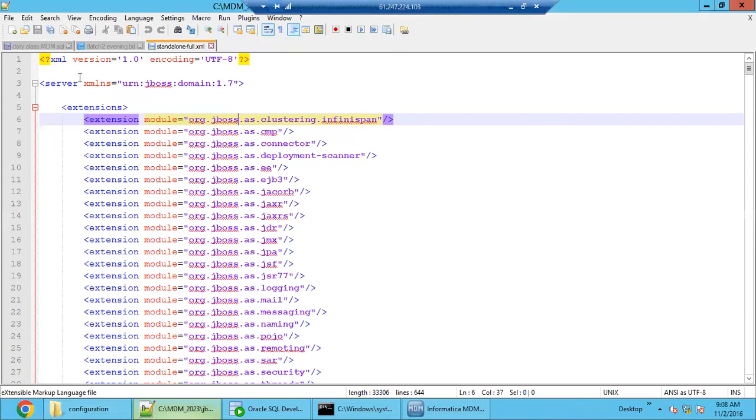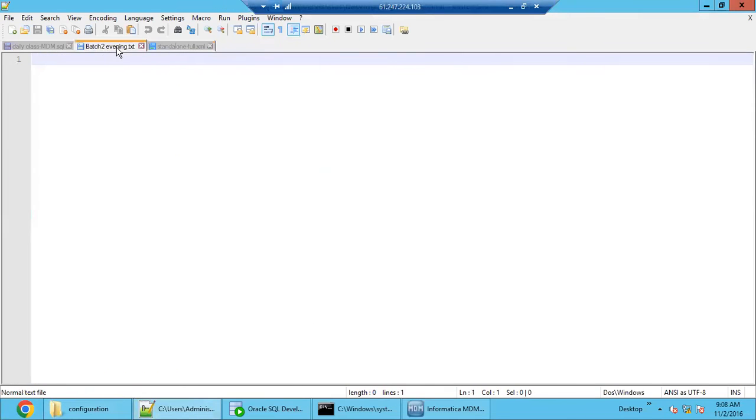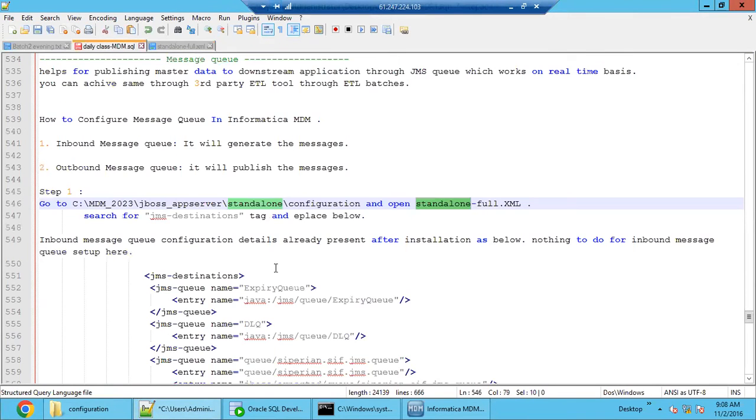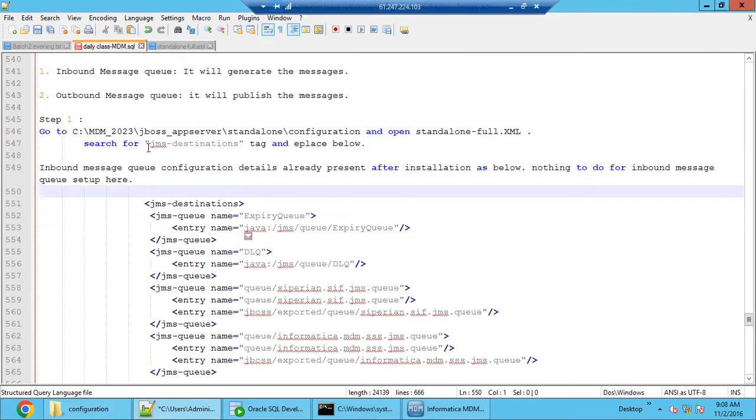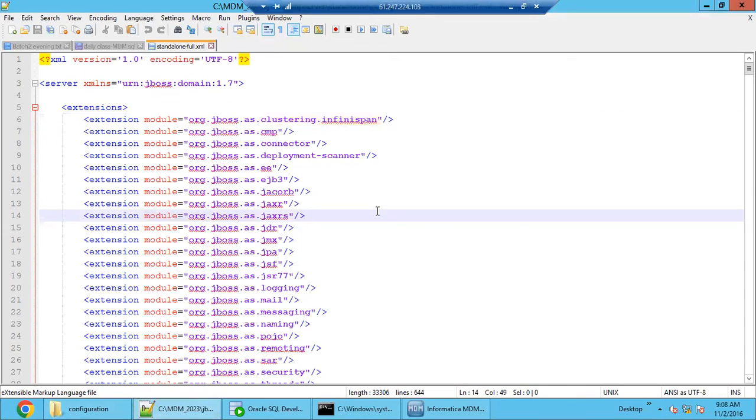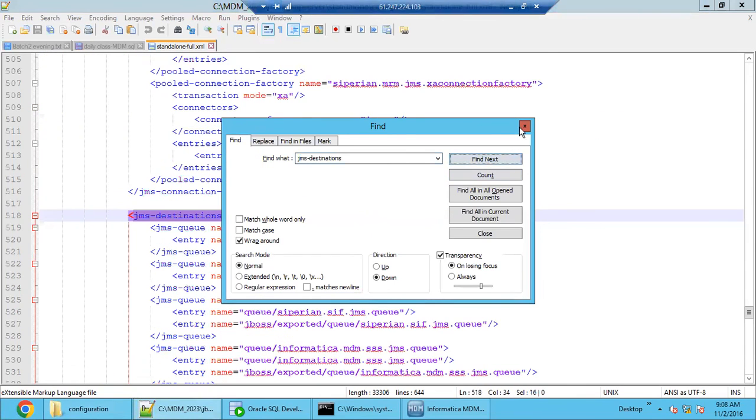Now let's go to the next step. Here we can see: search for this tag and replace below. So we have to search for the JMS destination tag. So let's press Control F. And here